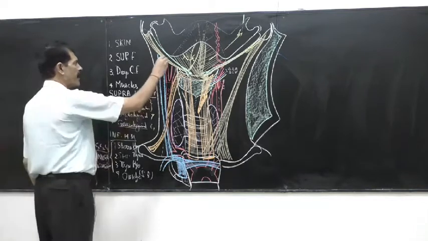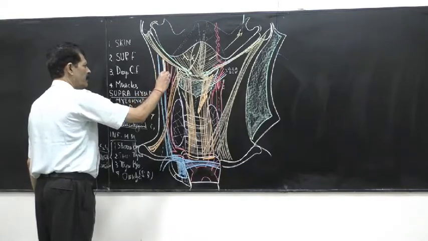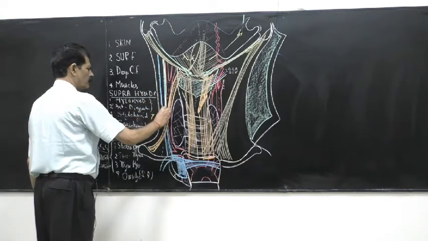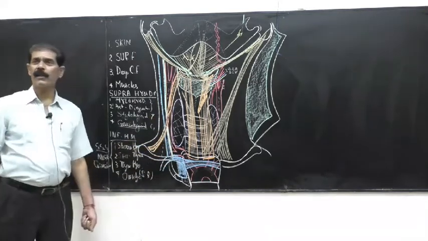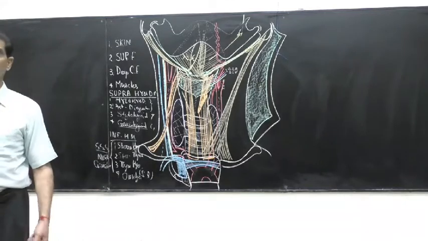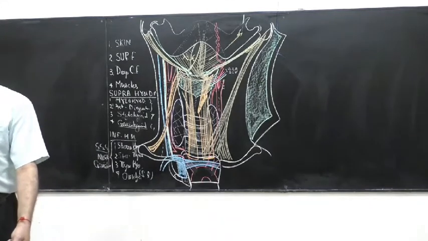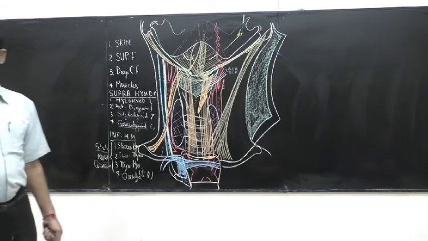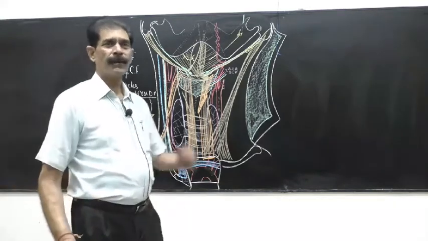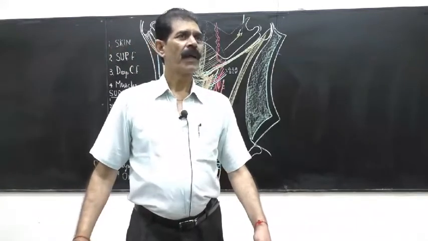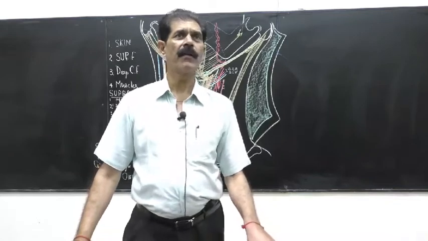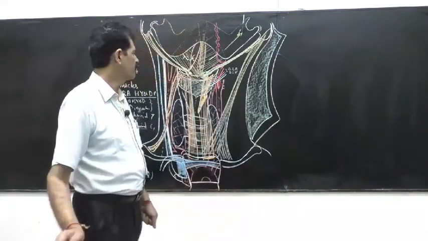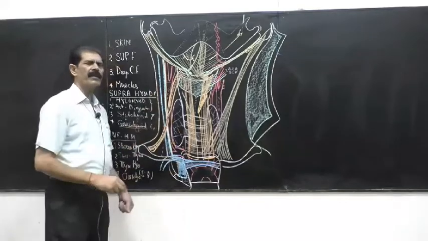And sandwiched between them is the 10th nerve, vagus. Vagus is the longest cranial nerve. Write down, longest vagus nerve. Starting from the middle part of the jugular foramen, with the 9th, 10th and 11th, it goes up to the stomach in the abdomen and has so many branches in between. The vagus nerve is a very important cranial nerve asked in the examination very frequently. So the vagus nerve is sandwiched between them.